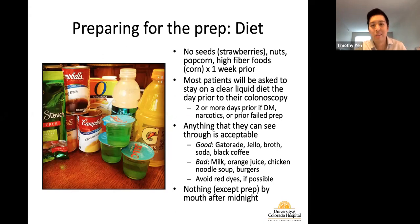And now what consists of a clear liquid diet? It's essentially any liquid that you can see through. So clear liquids for that day prior to colonoscopy include Gatorade, Jello, even though it's not a liquid, but essentially you can see through it. Any sort of broth that you can see through, not bone broth. Soda, black coffee. Things that are not clear liquids are milk, orange juice, chicken noodle soup because it has chunks in it,